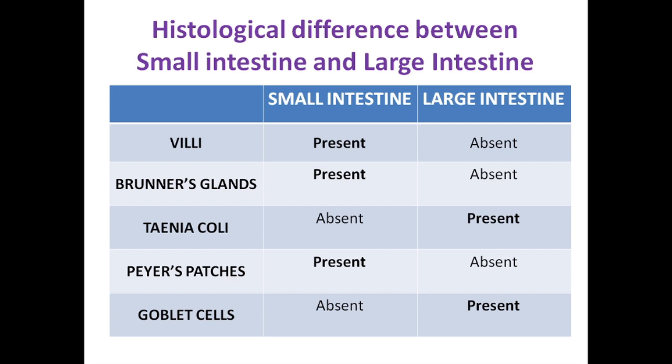It will be in patches in 3 places all around the large intestine, and they are called the tinea coli. So tinea coli are the vertical bands of longitudinal muscle fibers which are present at only 3 sites around the large intestine. That's why, when we take the histology section of the large intestine, we will be able to see a well defined circular layer of smooth muscle, but the longitudinal layer will be present at only 3 patches. So this is how you can differentiate a slide of small intestine from the large intestine.